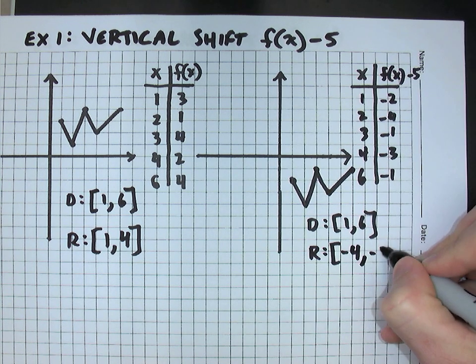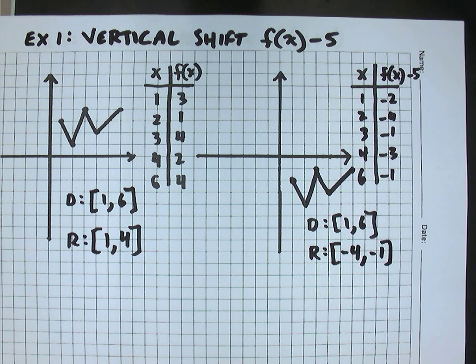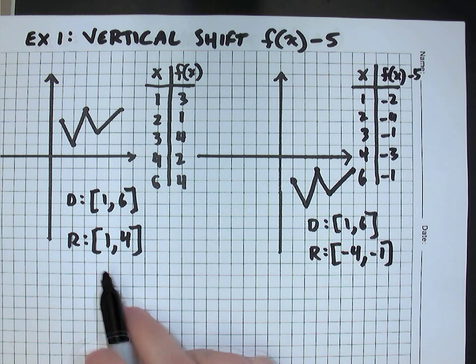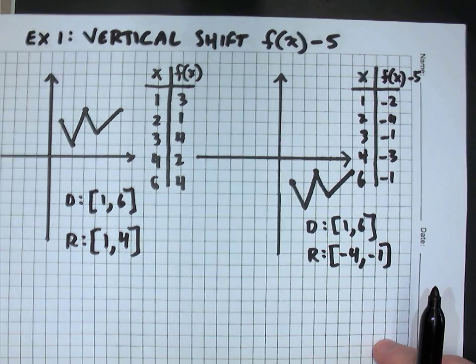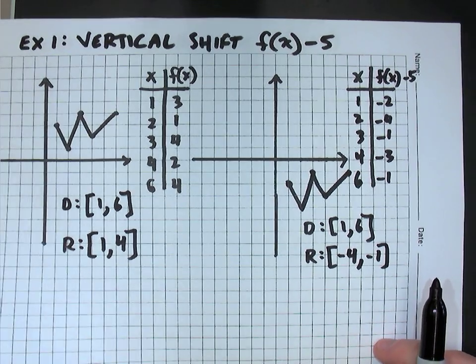So that's exactly 5 units below the initial range. So a direct consequence of shifting 5 units down. Our next example,